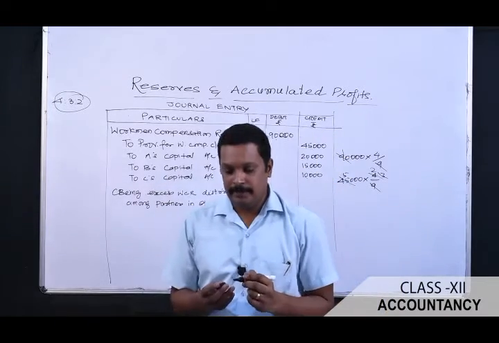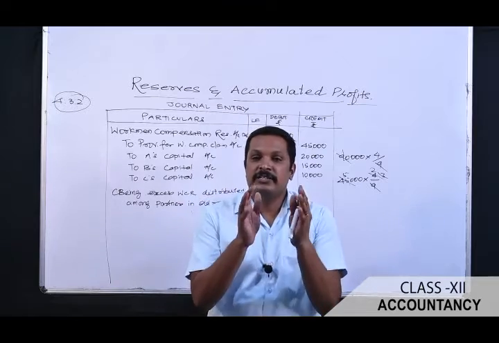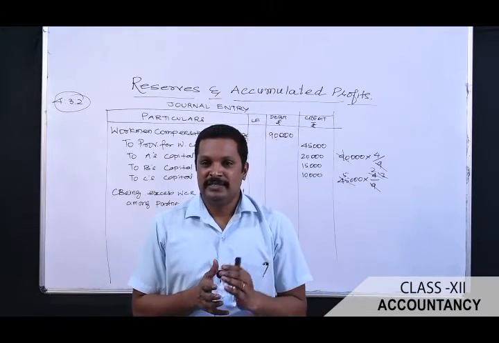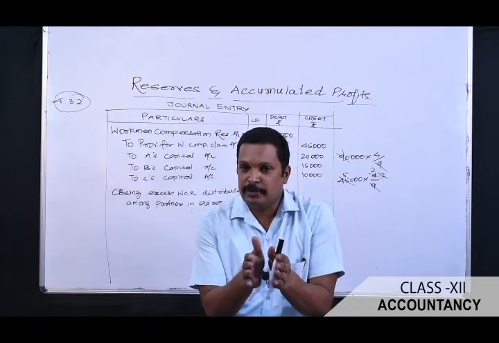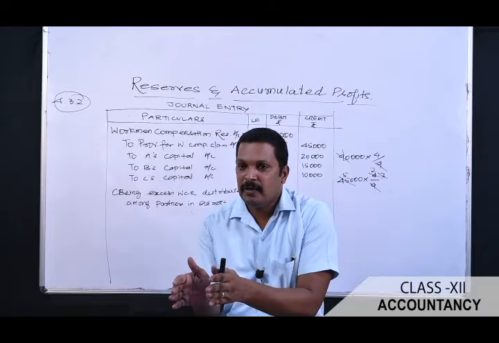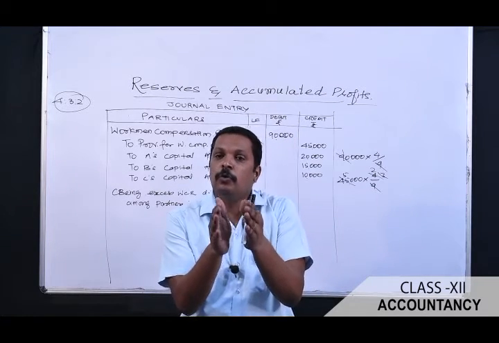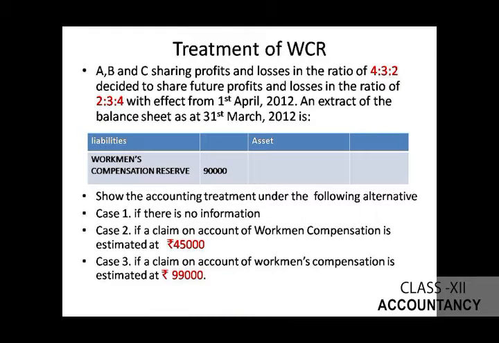First case में क्या देखे? When information is not given, then we just distribute all the amount to partners' capital accounts in the old ratio. The second case, what we did, there's a reserve of 90,000 rupees. क्लेम कितना हुआ एडजस्टमेंट में 45,000 रुपीज क्लेम हुआ है, तो बचा 45,000 रुपीज को हम लोग ओल्ड रेशियो में बांट दिए। नेक्स्ट थर्ड केस क्या है, इफ अ क्लेम ऑन अकाउंट ऑफ वर्कमैन कॉम्पनसेशन इज एस्टिमेटेड एट 99,000,